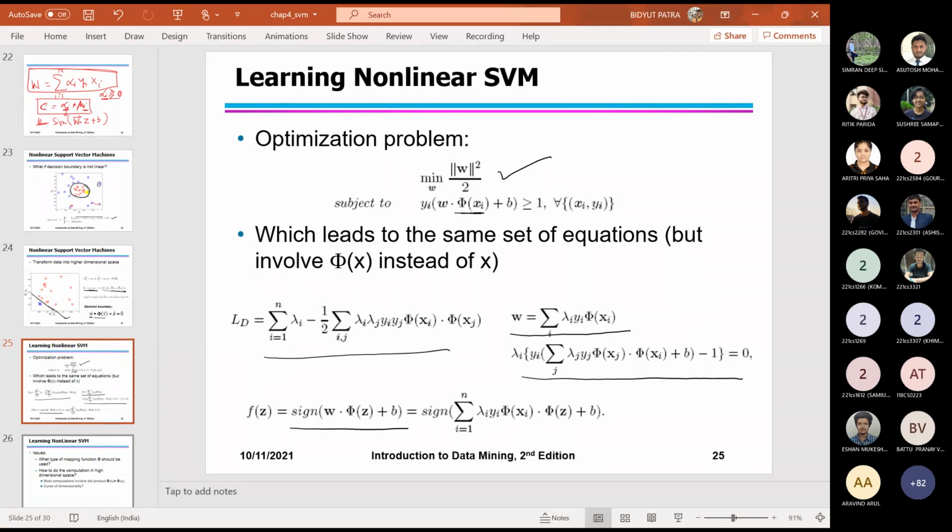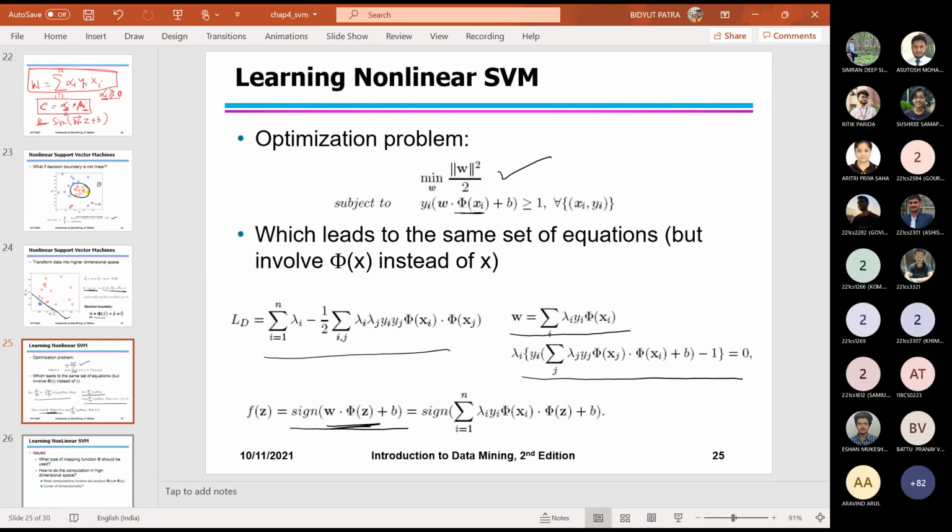If it is positive, then it's a positive sample, and if it is negative, then it is a negative sample. So in summary, if it appears that there is no linear boundary to separate the positive and negative samples, the entire feature space can be transformed to some higher dimension, where obviously we'll get a linear line that separates the positive and negative samples. So this will change W into phi x.